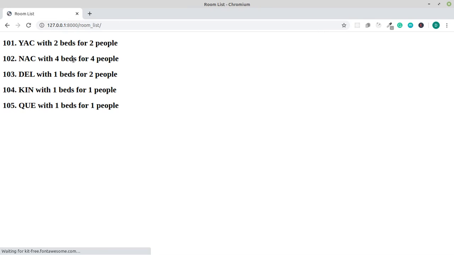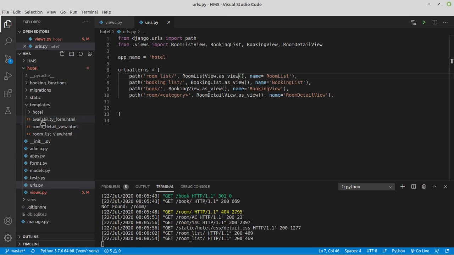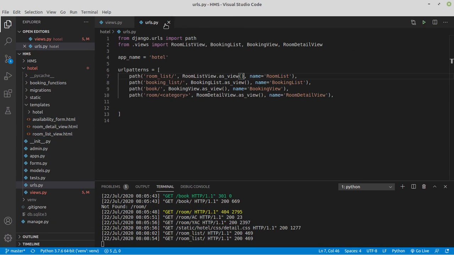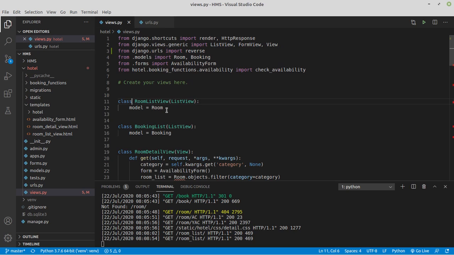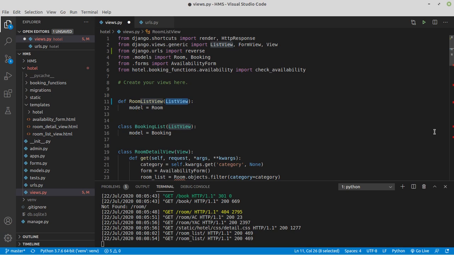So when we go to room list, we want this template that I had shown you in the last video to be rendered, this one, room list view. You get it? It's a beautiful one. So let's go to our room list view. I'm going to redefine it to a function based view because we need quite a bit of customization over here. It's not going to be a list view